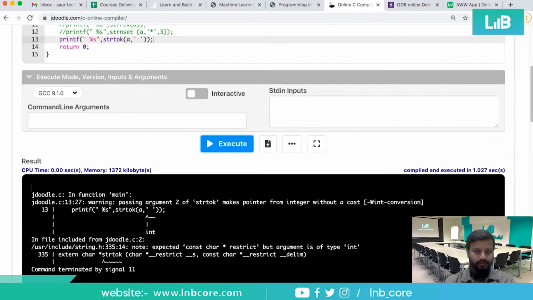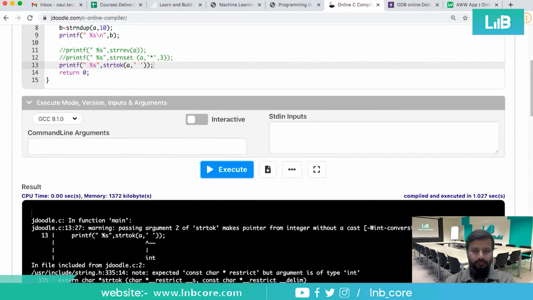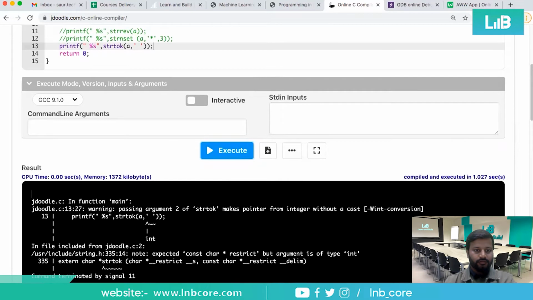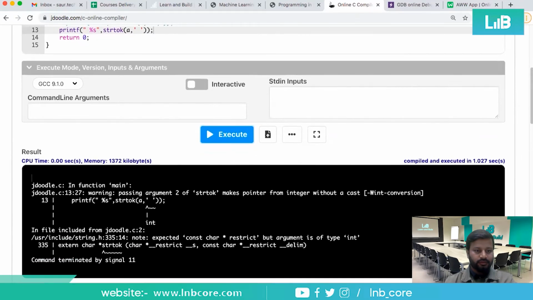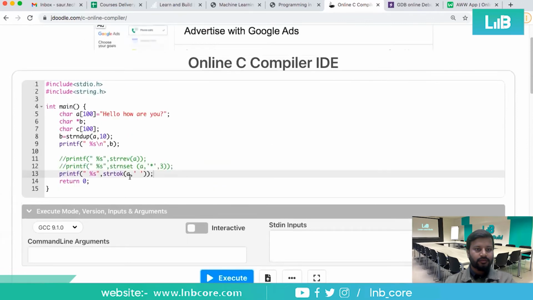here makes pointer from integer without a cast. So it's a warning. We need to limit for a specific letter, and it returns something as well. So instead of a, if it's a pointer, let me check that as well for pointer.